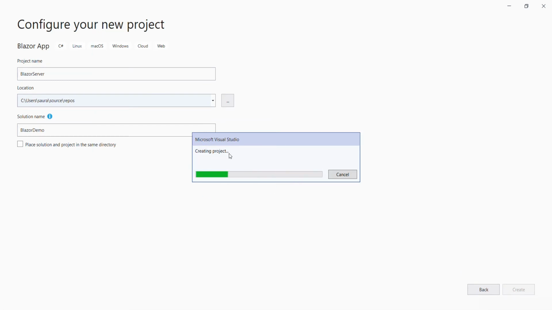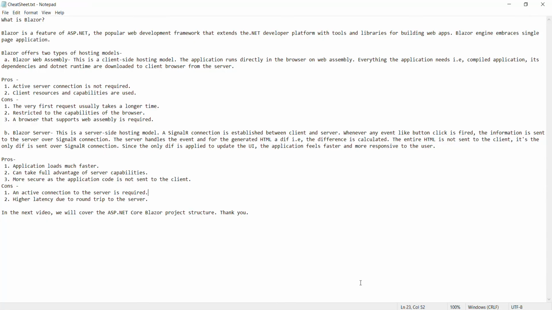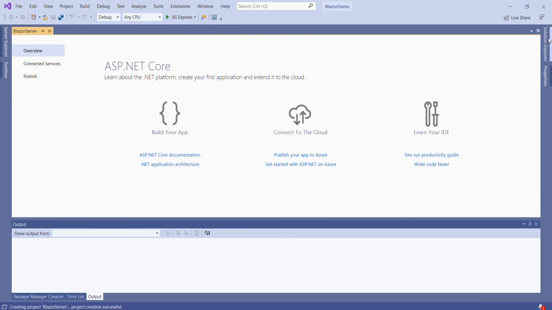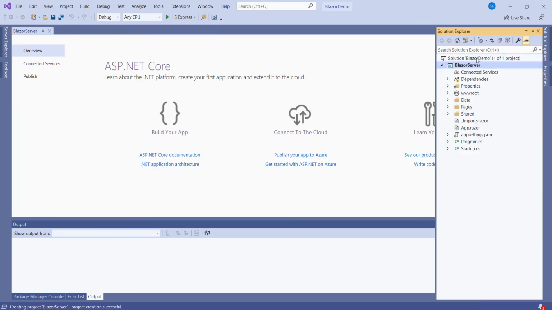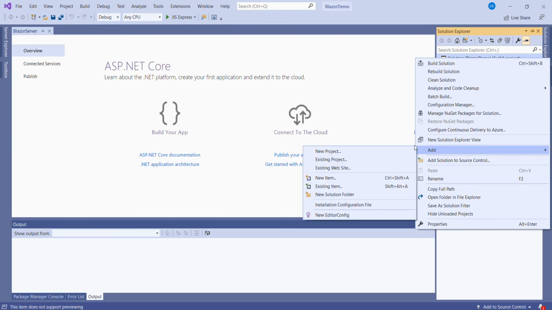it will create a Blazor Server project for me. It will take some time. Here it is created. So if you go to Solution Explorer and you want to add another demo project in this solution, if I create a new project,